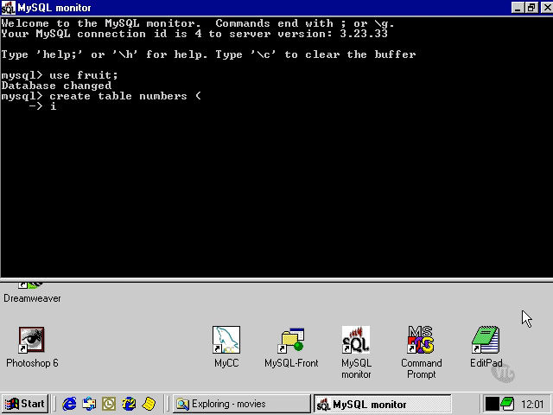Let's call our first column simply I, and that will be an integer. Now, the limits on an integer column is that the range of valid values is minus 2147483648 to the same number in the positive. So quite a broad range of possible values there. So let's create one integer